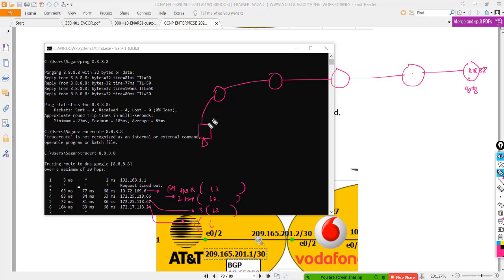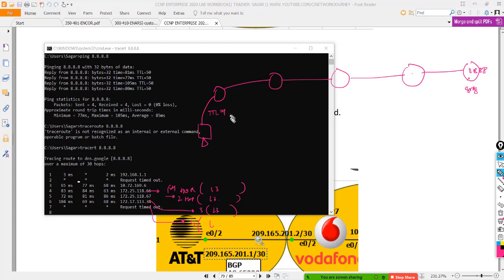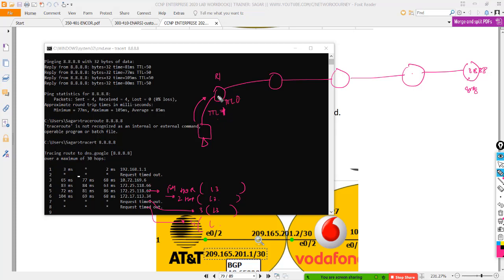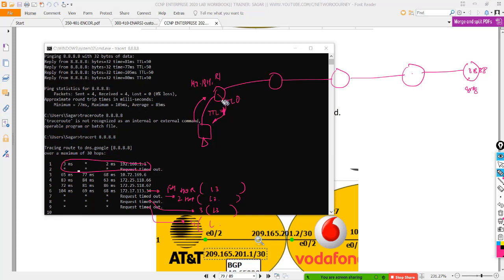8.8.8.8. Okay, so while sending, what I do is I am sending a TTL of 1. So once I go and hit my first hop, my TTL is gonna expire, my TTL is gonna become 0, and this router is gonna send me a record. And what is that record? The record is nothing but this entry. It's gonna say I am 192.168.1.1 and the TTL is down.